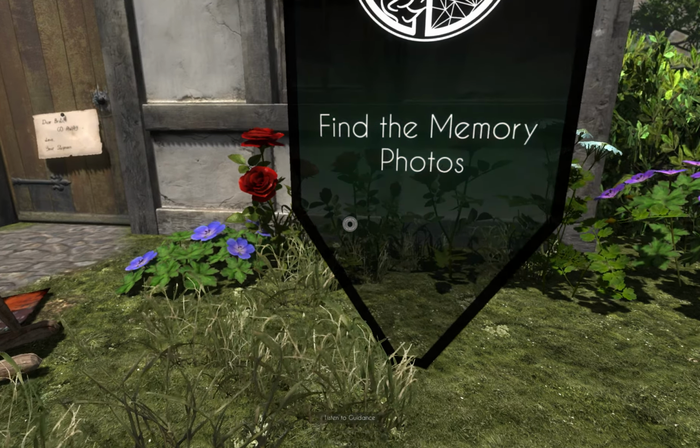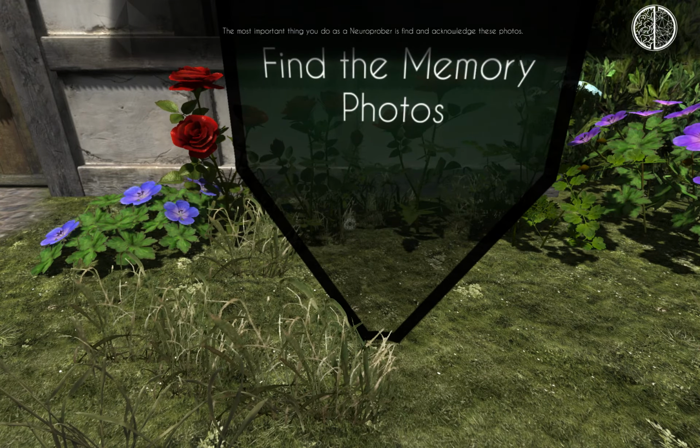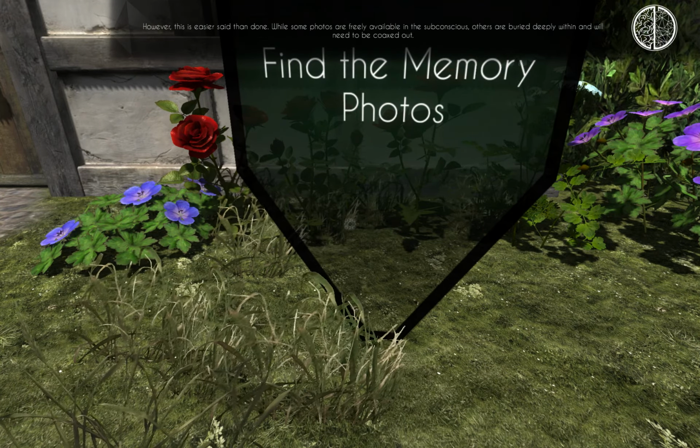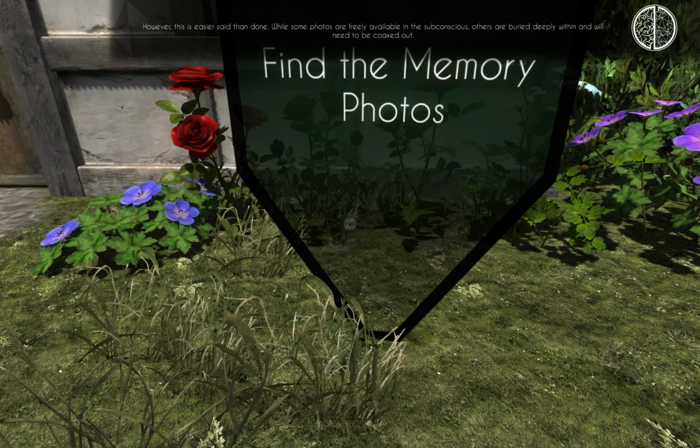This is the most important thing you do as a neuroprober. However, this is easier said than done. While some photos